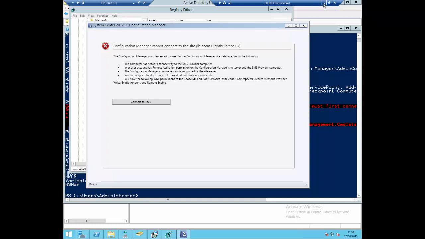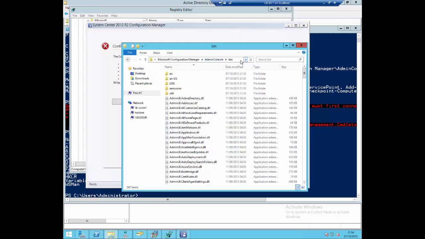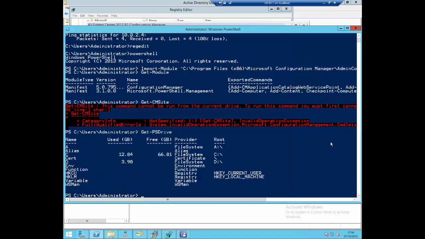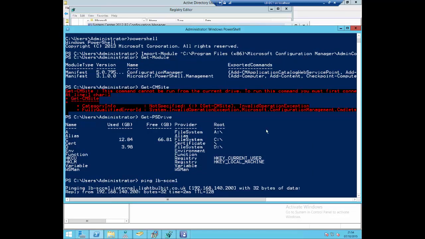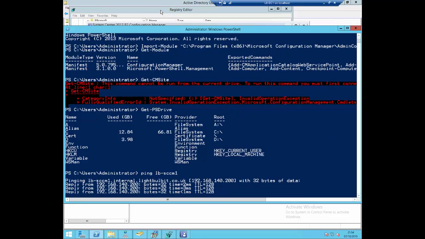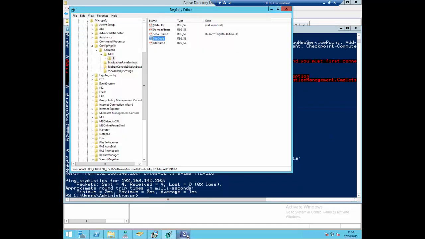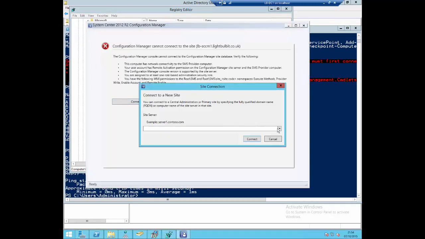Frank, what do you think? How do I troubleshoot this situation? I want to find out why. What's going on? I start pinging. Pinging, okay, yeah, that's a good one. So ping LB SCCM1, that's the name of the server. Saying, yeah, I can ping SCCM1, but still, if I go here and say connect to site and select LB SCCM1,